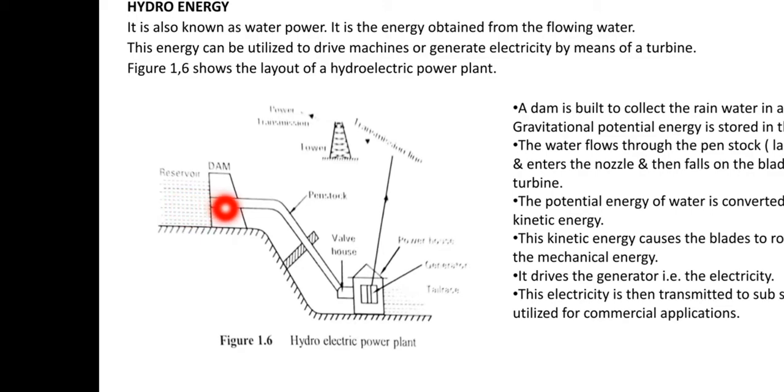Okay, when the water flows through this penstock, you see here, that potential energy of the water is converted into kinetic energy because water is now in motion. Then that water is allowed to fall on the blades of the turbine. So what will happen? That kinetic energy of the water will be converted into mechanical energy because when the water falls on the blades of the turbine, the turbine blades start rotating. Therefore that kinetic energy of the flowing water will be converted into mechanical energy, and in turn it is connected to a generator. It generates the electricity, you see here.